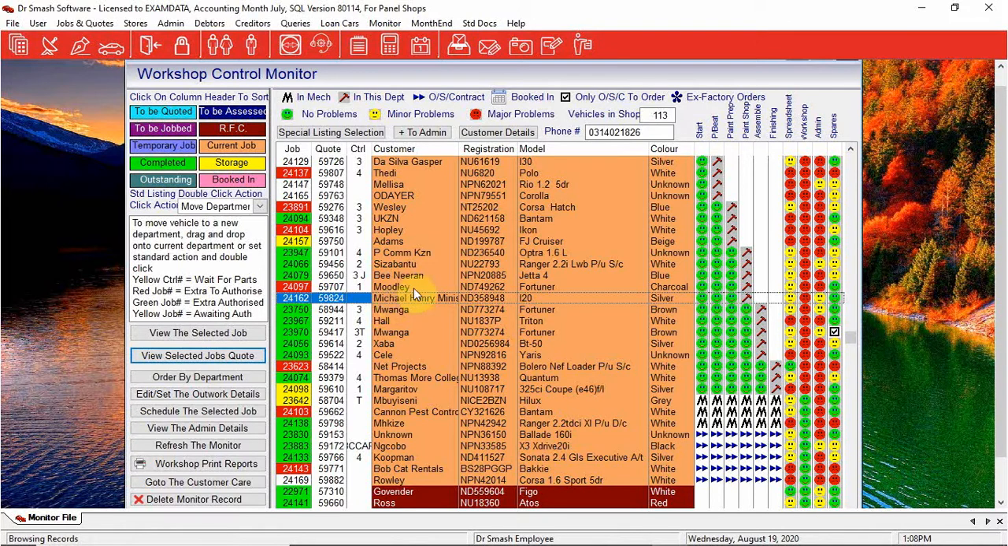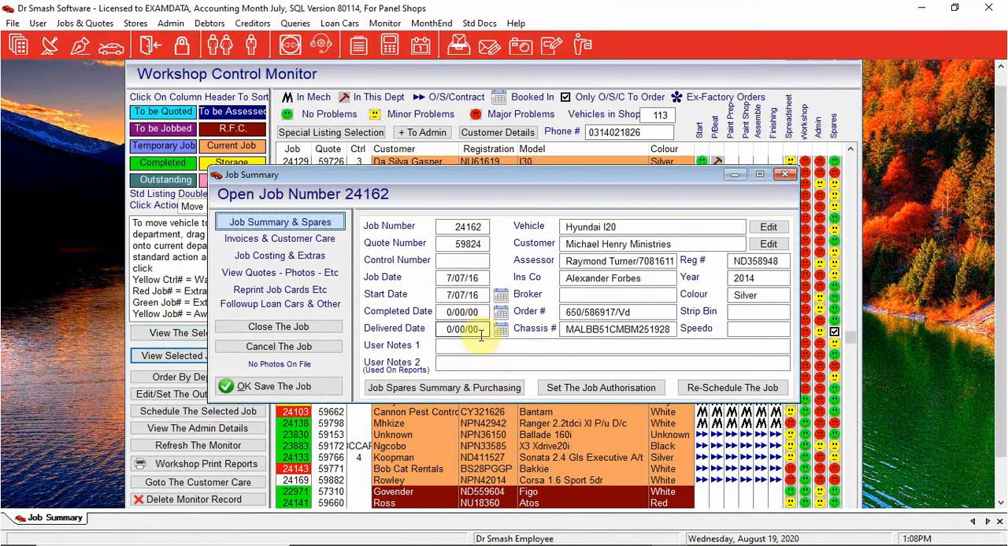So let's have a look at this Michael Henry here. And I can now go in and say view the selected job. It takes me into the actual job card itself. And you will see here at the bottom, used notes to, used on reports. So if I type in here that we are awaiting spares due 3rd of September 2020, and I can now click on my OK button, that note will actually come up